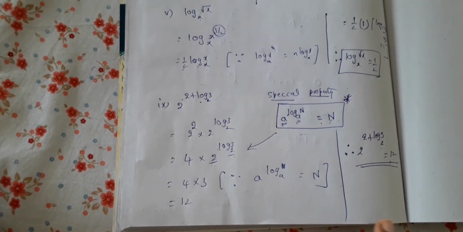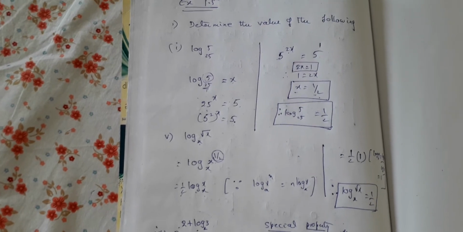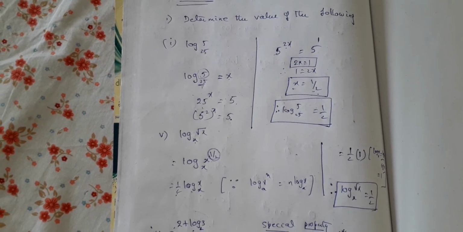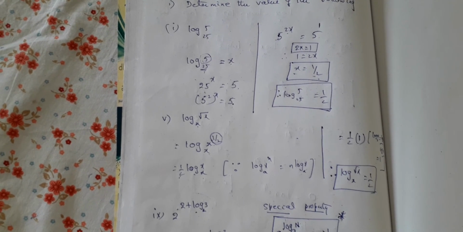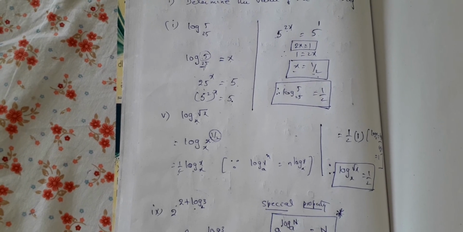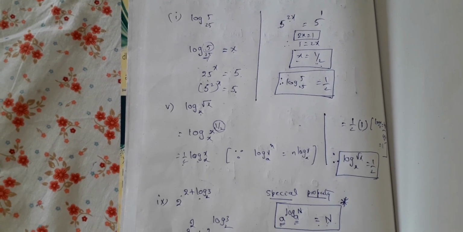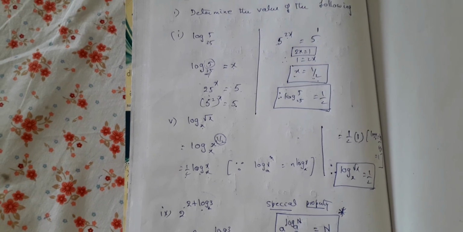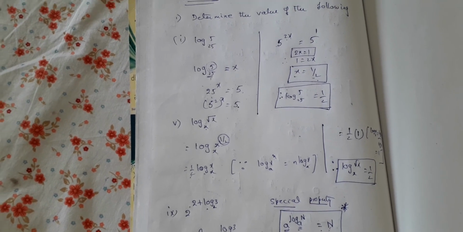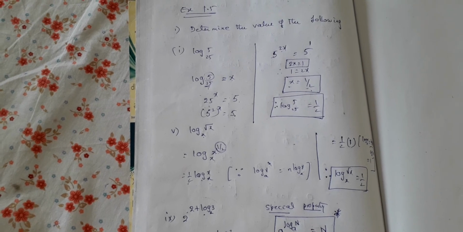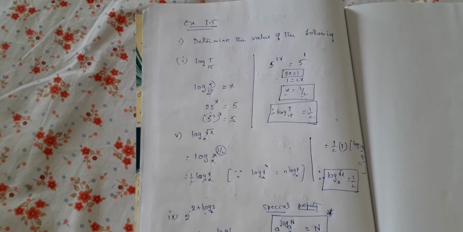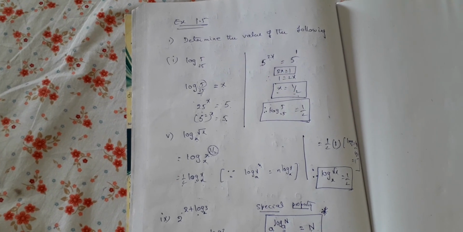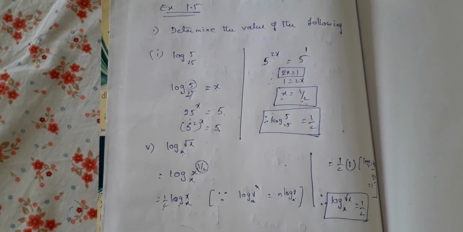Okay, children. So pause the video for a moment and copy down the notes. And then please try to finish. Those children who can finish all the problems, do it by yourself. Those who think you can do only the basic things, please solve the second, third and fourth problems and then post to me from exercise 1.5. This is the last exercise of the first chapter, that is real numbers. In real numbers we have learnt about rational numbers, Euclid's lemma first part, then irrational numbers, then we have come to logarithms. Okay, so take the screenshot and copy down, children.